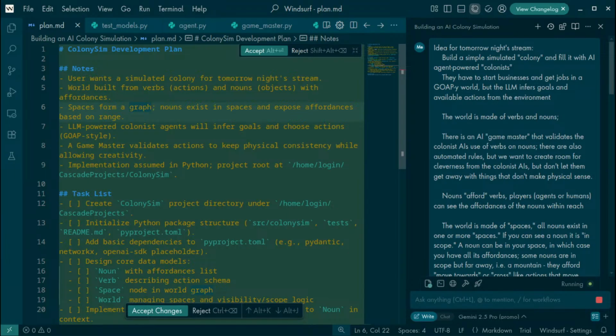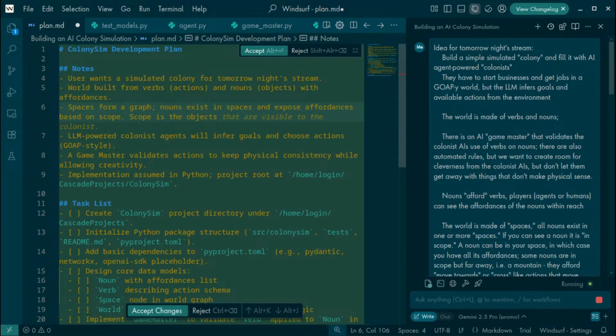Nouns exist in spaces and expose affordances based on range. No, based on scope. Scope is the objects that are visible to the colonist.